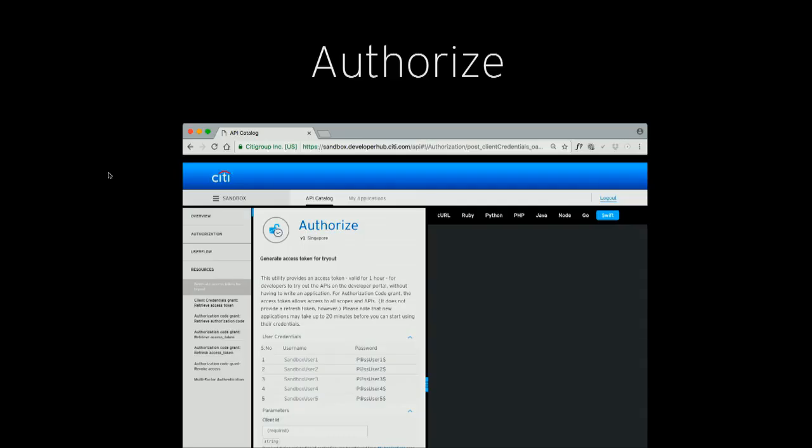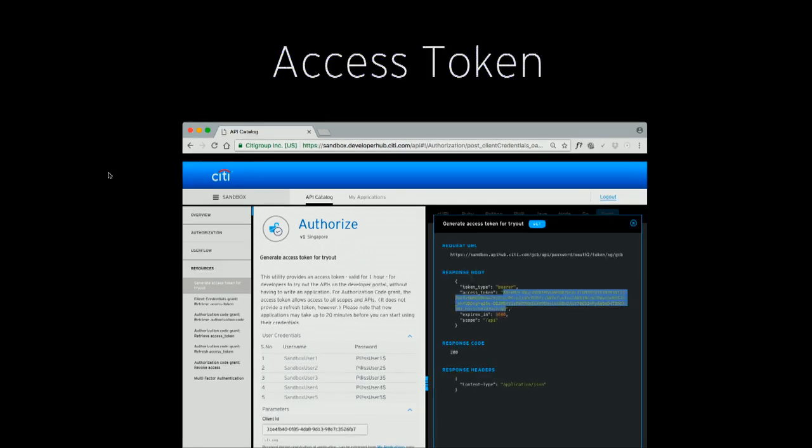So I put in my client ID, my client secret. There's some preset usernames and passwords. And then I put all of that in. And then I get what's called an access token. So access token is a limited lifetime token. Right now, it's set to 60 minutes. And within that 60-minute period, you can go ahead and try out and use all of the APIs. This will be connecting directly to a Citi backend system. It's a virtualized backend. It's not touching any production data. So have at it. We really want you guys to use this.